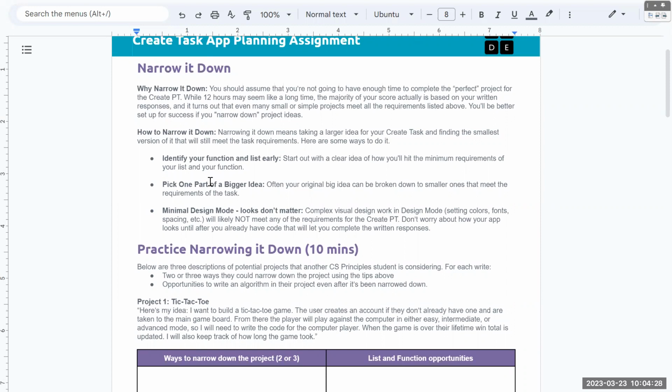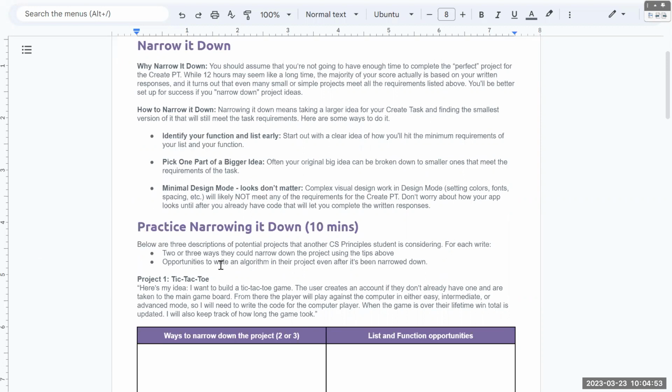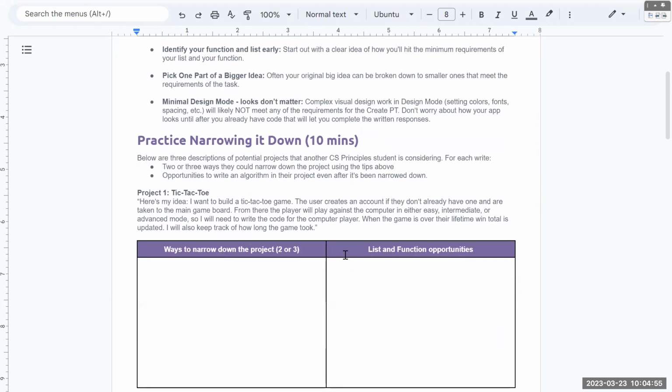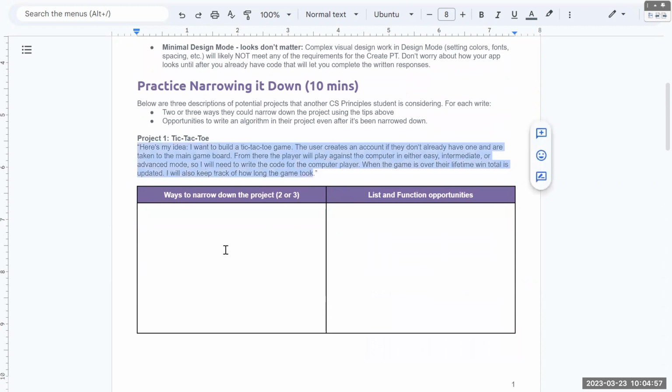Too complex is spending too much time dealing with feature creep, which is a technical term, for trying to add features to your app without focusing on the finish line. Okay? Making it too complex or having a too complex of a goal, but not actually hitting your mark or hitting the rows. Okay, so here we have some examples where you can write in ways to narrow it down